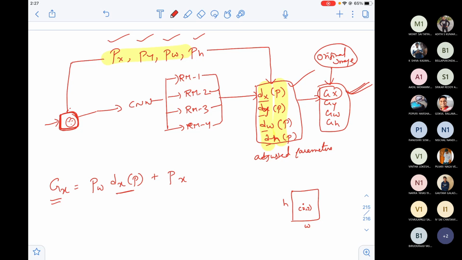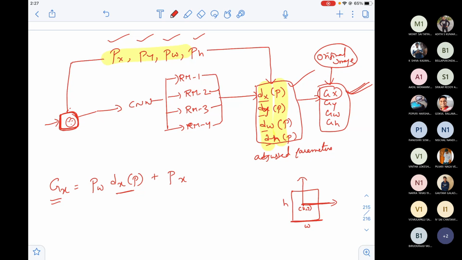Obviously you know that this is the x axis and the y axis. So what is the parallel axis of x? In this case it's w.